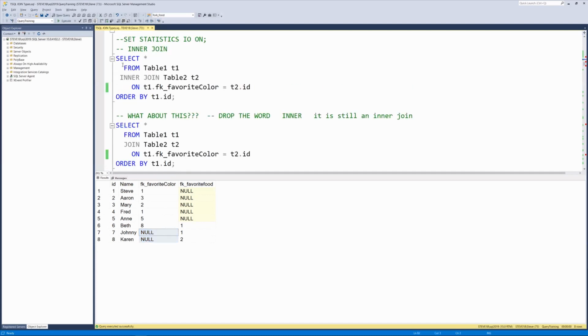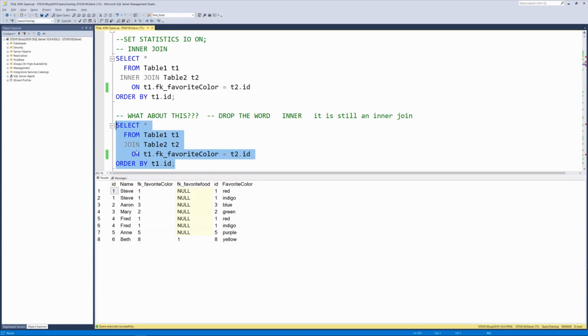So here it's just your basic select statement. You use the words inner join, and the alternate syntax is just to use the word join rather than inner. Now, I like to use the words inner join because it's explicit. It makes it so that the next person reading it is aware that you intended to do an inner join, instead of thinking you were doing some other type of join and just forgot the keyword. When we run this, with just the join rather than the words inner join, we get the exact same result set that we saw with the inner join above.